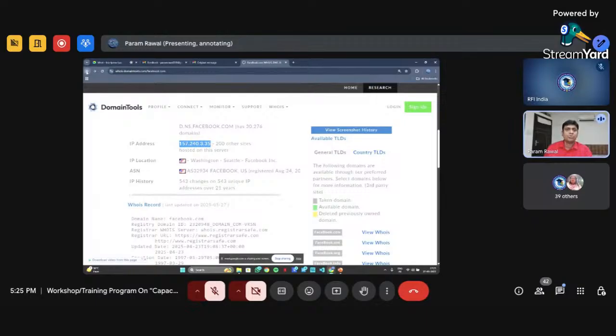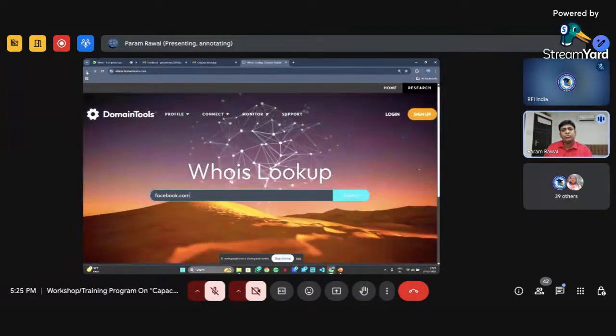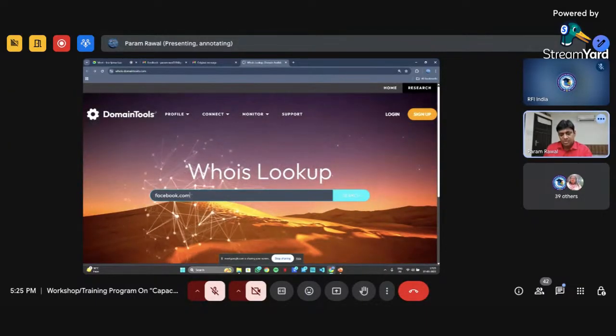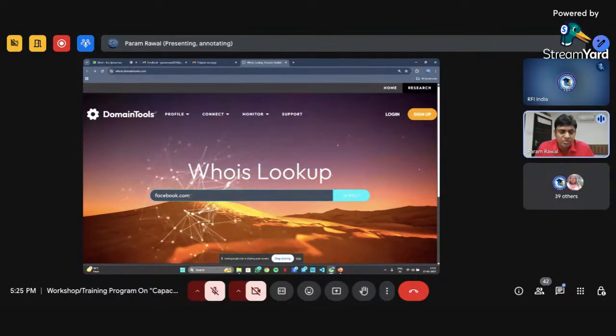Suppose sometimes a few organizations come and they are claiming they have been in that particular business for the last 1 decade, and you wish to know. If you know their website name, you just go to whois.domaintools.com and put their website name. It will show you in which year they registered their website.